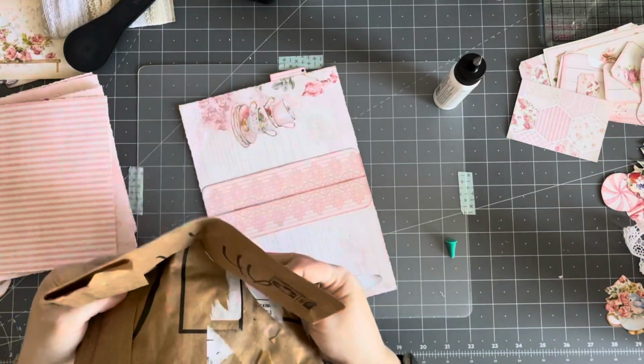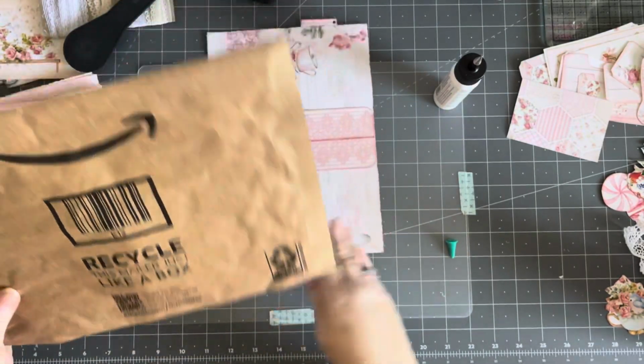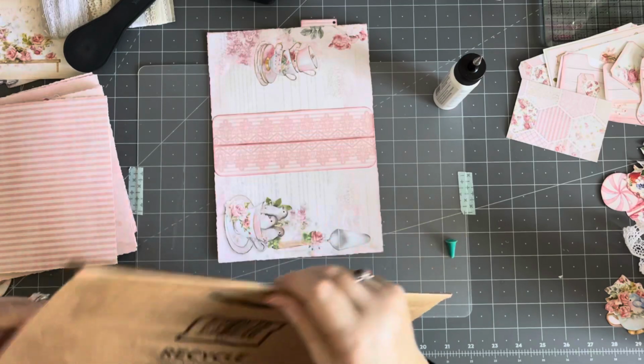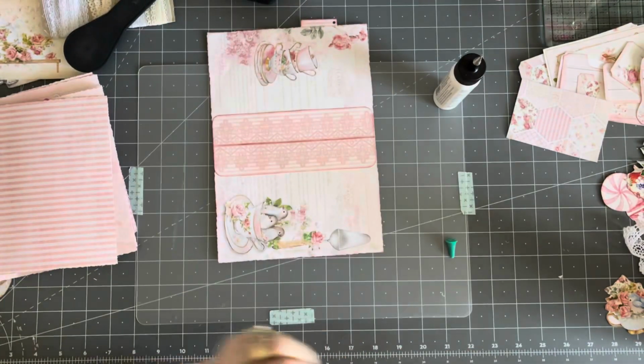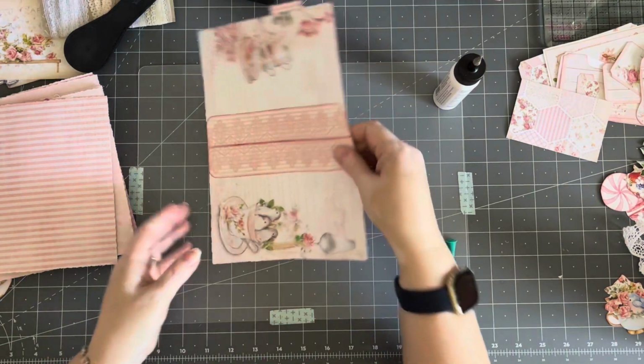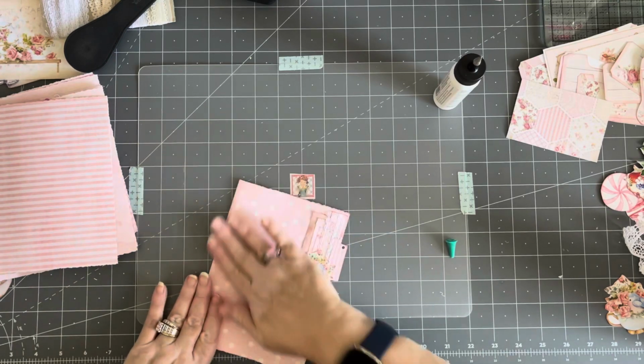And I'm going to use this. Oh, don't you just love this? I love this new recycled stuff, the mailers that they're using now. I hoard these. I literally hoard them. So I'm going to be using this for the cover. Yummy. I had to have my crinkle for the morning. Sorry, ladies. I know some of you don't like that, but it is my favorite sound. So anyway,